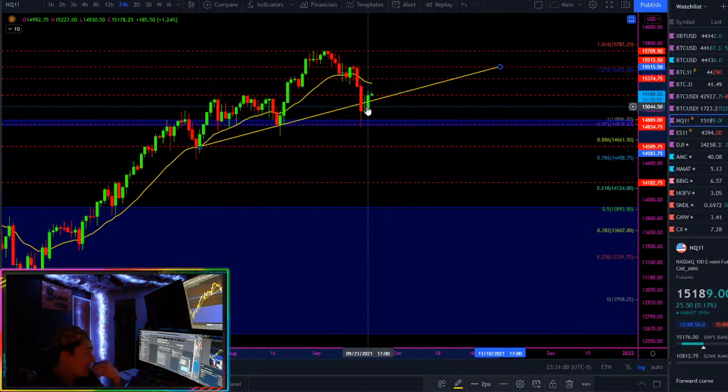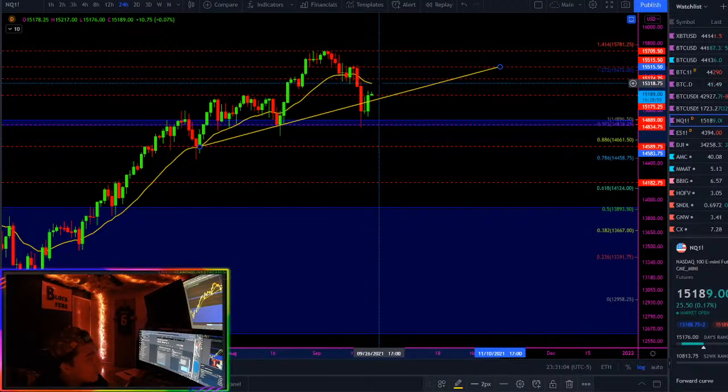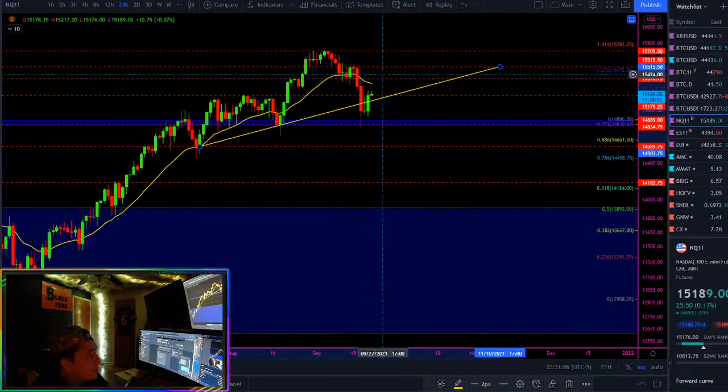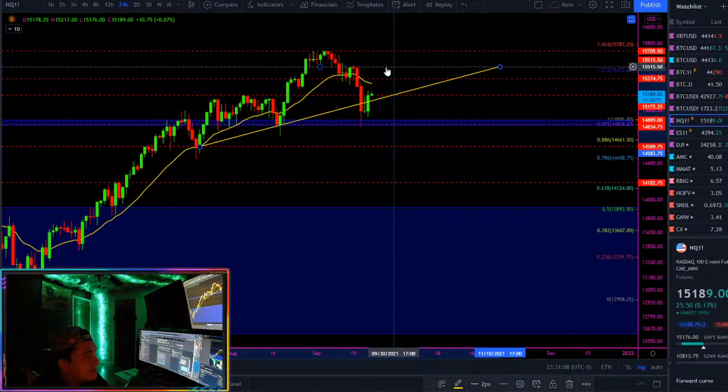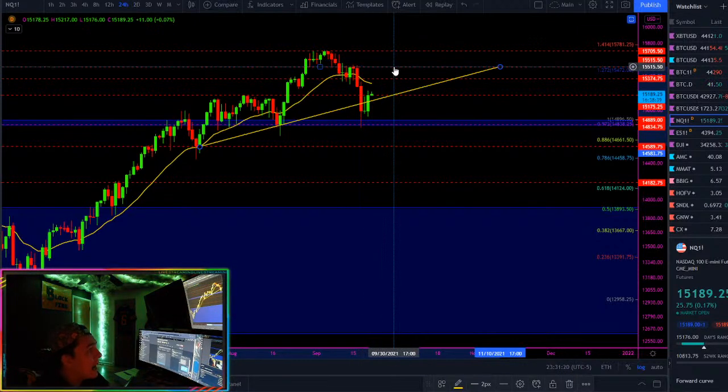Again, that's just a perspective. That's just a possibility that I'm looking at now. If we recover back above the 21 exponential, I will be looking for continuation to test that lower high resistance, somewhere around 15,515, right? And I will only be convinced, again, I did mention this yesterday, the only thing that will convince me of a full market reversal here is a candle closure and a confirmation of support above